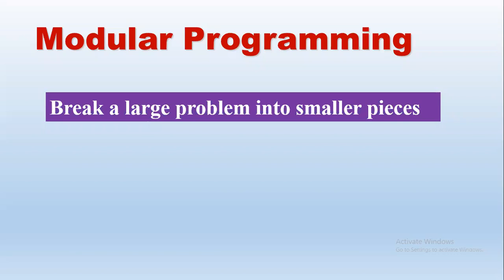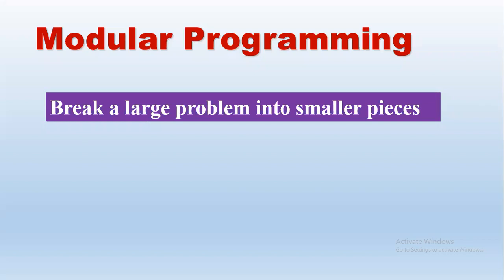If we want to perform addition 10 times, subtraction 5 times, multiplication 8 times, division 100 times, it is very tedious to write a large code. So in that case, we break the code into pieces and implement using functions. We may write one function for add, another for subtract, another for multiply, another for divide, and one function for mod. However many times we need, we can call those functions. So repeatedly writing the same code can be avoided using modular programming.